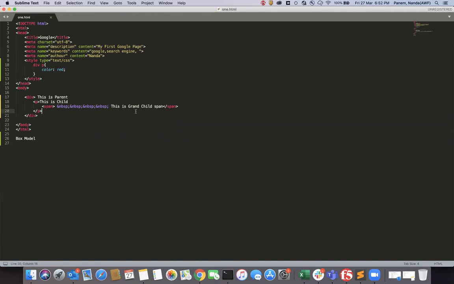Suppose here I provide a span tag first. This is child span, and then I provide a paragraph. A span is nothing but just a tag like div. This is an inline element that we have already discussed.